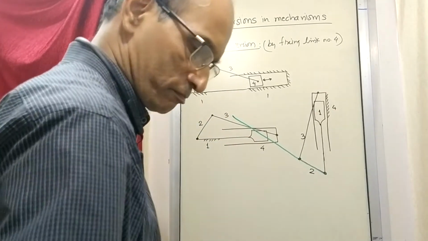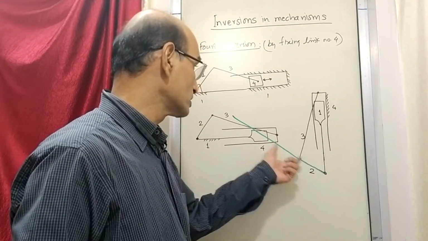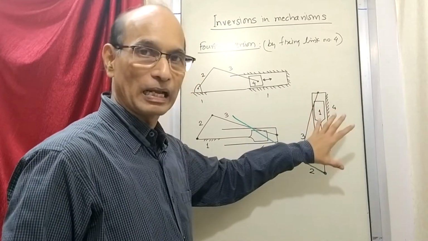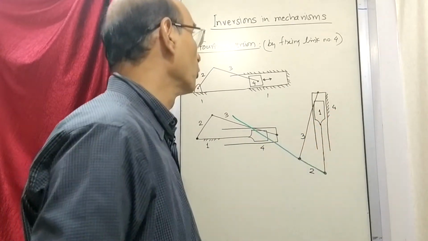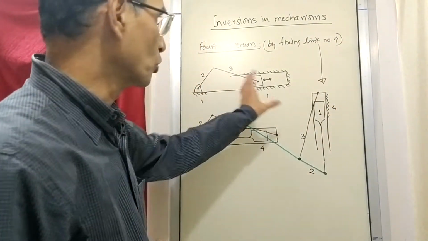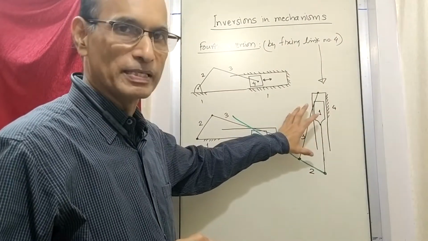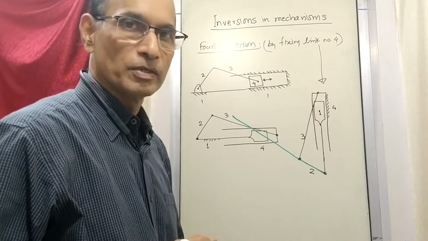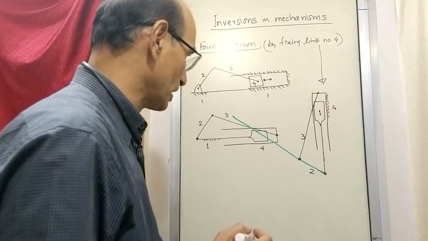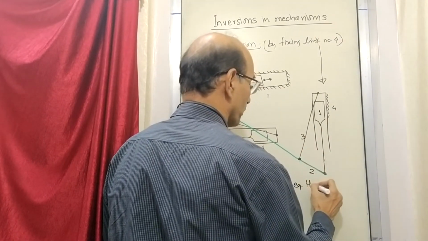Link number 3. So link number, rather 2. Link number 2 is expanded. Everything else is the same. And in the slotted crank mechanism, we have fixed link number 4. So what is written here is now drawn here. Just to come to this, we have drawn two supporting figures in order to reach this place. And now this is the mechanism. So we have fixed link number 4. Now what do you see here? Whatever you see here is an example of, are you familiar with this? This is nothing but a hand pump.